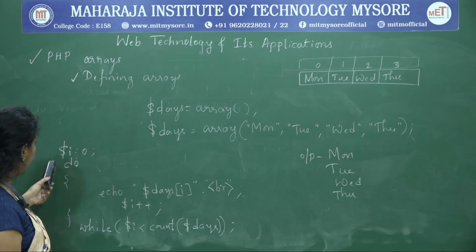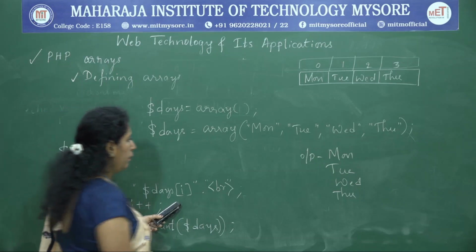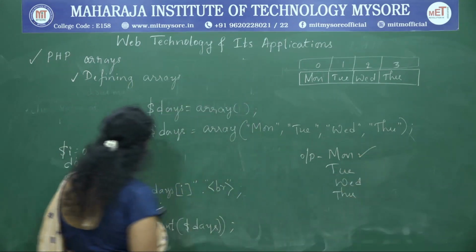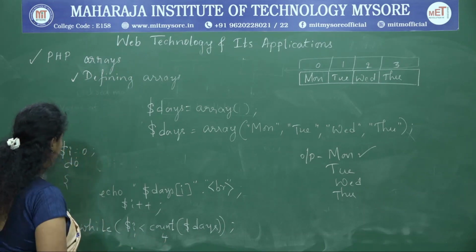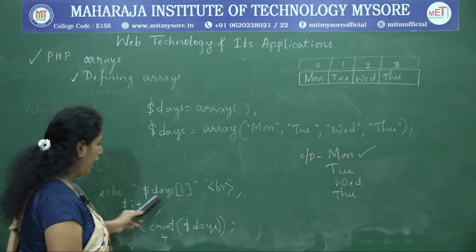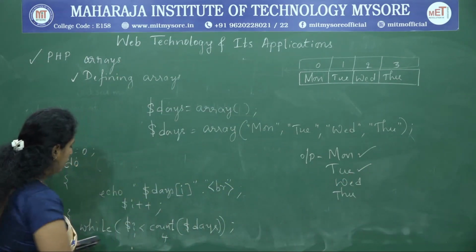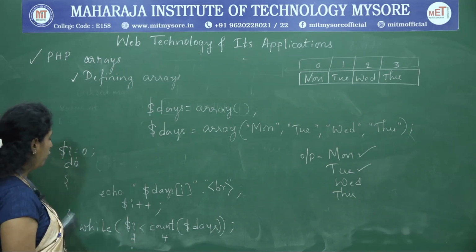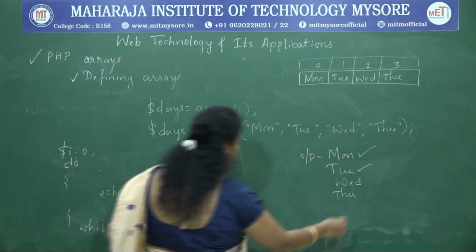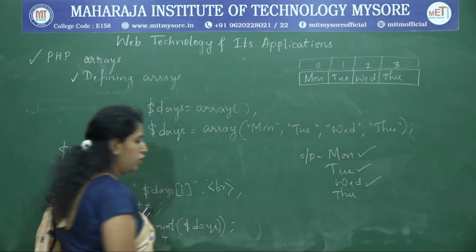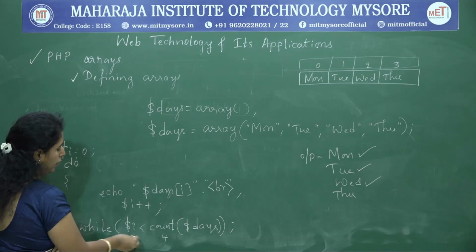Yes. Now what happens? Initially I is 0, it prints the 0th index element, Monday will be printed. I is incremented to 1, 1 less than 4, yes, again it enters into the body of the loop and it prints the next element, Tuesday. I is incremented to 2, 2 less than 4, true, again it enters into the loop and it prints the second index element, that is Wednesday. I gets incremented, it is now 3, 3 less than 4,